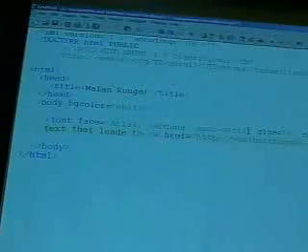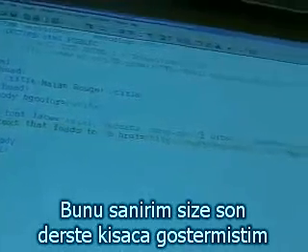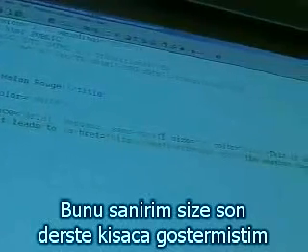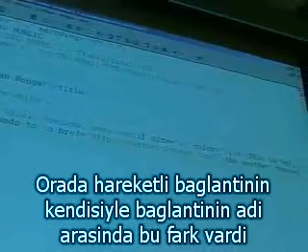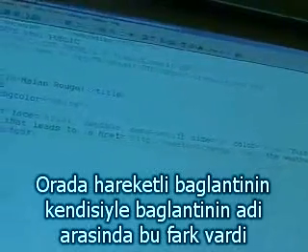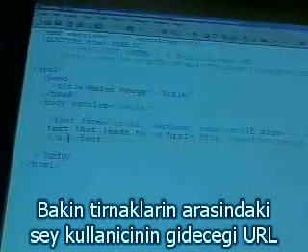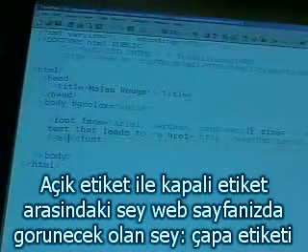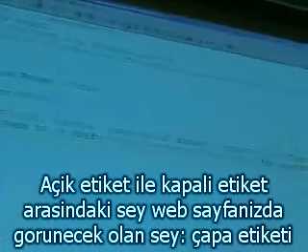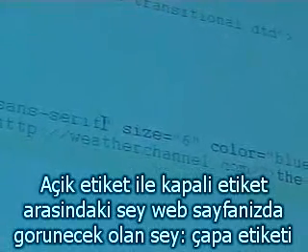weatherchannel.com, close quote, close bracket, and the Weather Channel. So I showed you this briefly, I think in the last lecture, where you have this distinction between what the hyperreference is and what the name of the link is. So notice what's in between the quotes is the URL the user is going to go to. What's in between the open tag and the close tag, the anchor tag, is what's going to appear on the